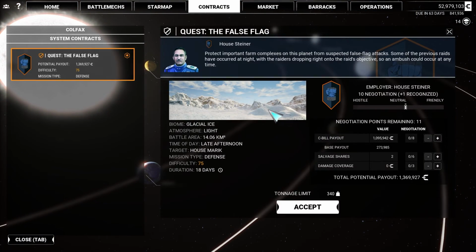Oh no, it's a defense mission. Interesting. Okay, so this time, House Steiner says, protect important farm complexes on this planet from suspected false flag attacks. Some of the previous raids have occurred at night, with the raiders dropping right onto the raid's objectives, so an ambush could occur at any time. Okay, so we'll take full damage coverage and the rest in salvage, and oh, nope, we got a little bit